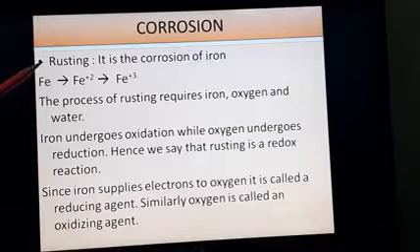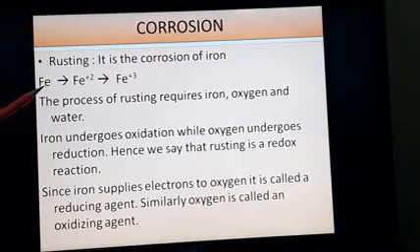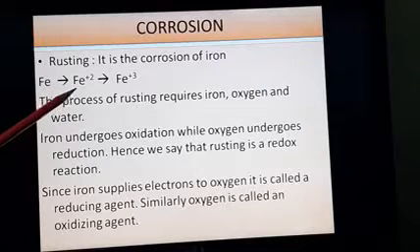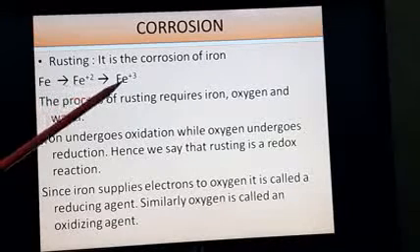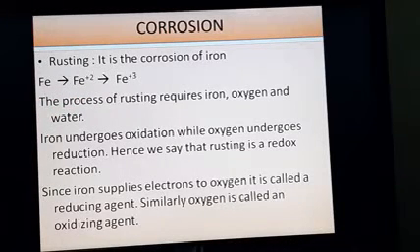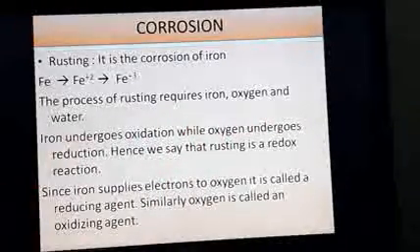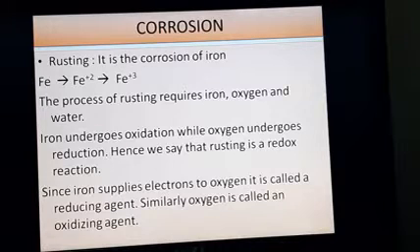So when iron rusts, what is really happening to iron is that iron loses its electrons, and therefore this part of the reaction is oxidation. It gets oxidized to Fe2+, and further by giving away one more electron, it eventually becomes Fe3+. So in this part of the lesson, we are going to see how iron corrodes. What are the things that are required for corrosion to take place? For corrosion to take place, we require the metal, we require oxygen and water. If any of these are missing, corrosion will not take place.